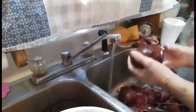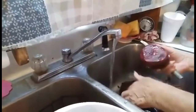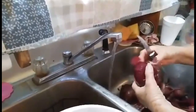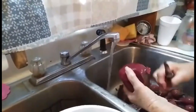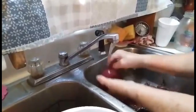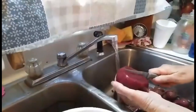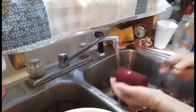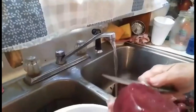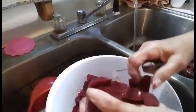There are bigger beets that we had, so I'm going to peel them, and then I'm going to show you how we cut them up so they're bite-sized to go into our jars. I canned the others, the little beets, and I got 7 pints out of them. But these are a lot bigger. Cut them down, and then I cross them over. Try to make them bite-sized so when we open them up,